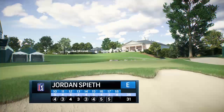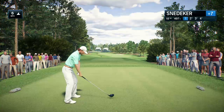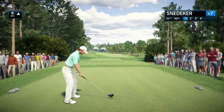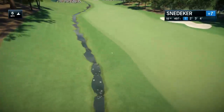Here we are, the 18th hole at Quail Hollow. Simply put, Frank, a player needs to hit maybe his best tee shot of the day. I would agree with you, Rich. If you were to measure this hole from trees on the left to trees on the right, it's actually a really wide fairway or expansive land. But that creek that just meanders its way through the middle of this hole, completely...